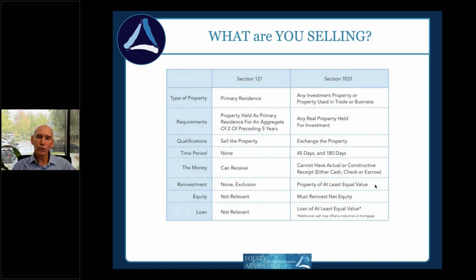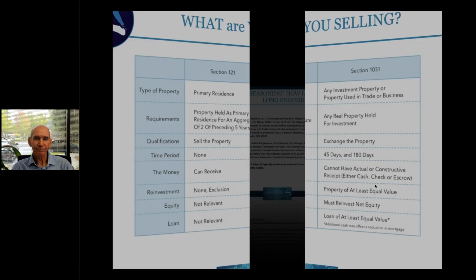So we've got lots of situations where somebody's got a gain well in excess of 250 or 500. They could move out of the property and sell it within 3 years of moving out. They're still entitled to the 250 or 500, and then the overage would go into 1031. So there are reasons to go from 121 to 1031 and vice versa, and really just ask those questions. The only dumb questions are the ones you don't ask. So there's lots of opportunities there. There are reasons to go back and forth on these things.